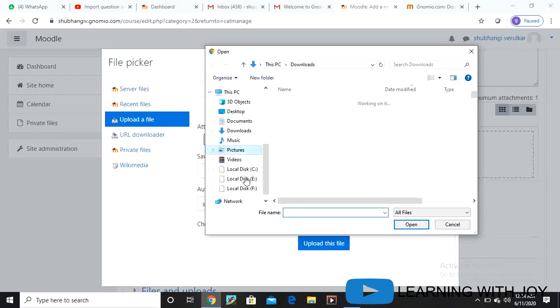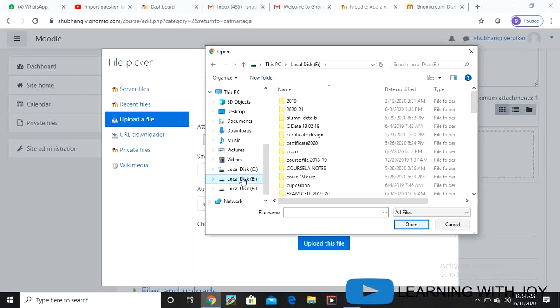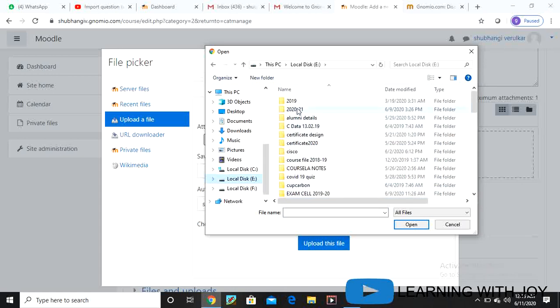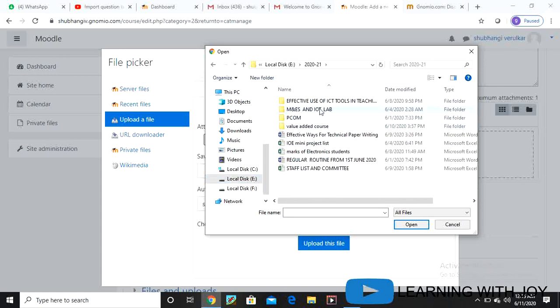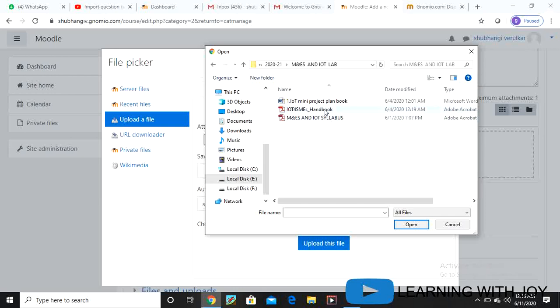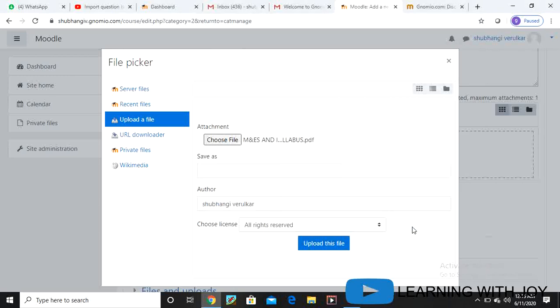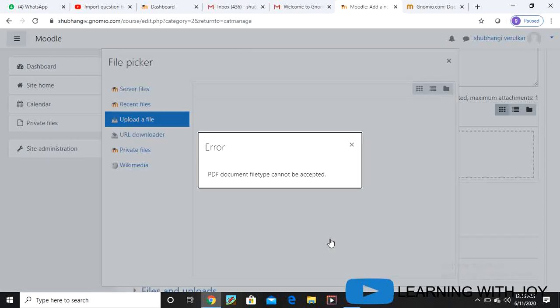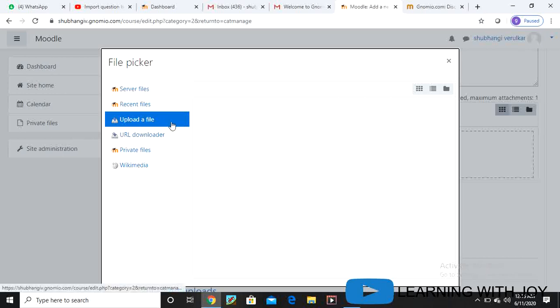You can choose whatever content you want. So I have loaded the syllabus here. PDF format cannot be accepted. Okay. So if you see, the format must be as given.